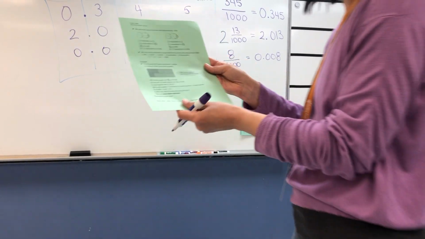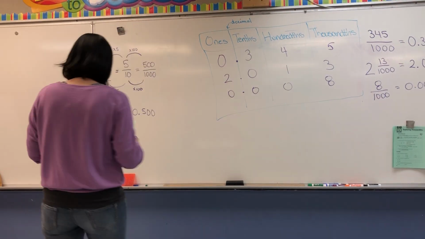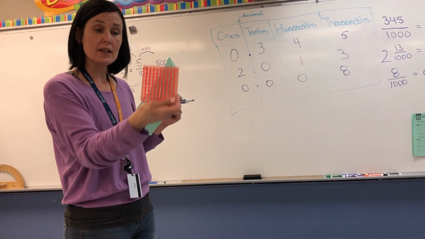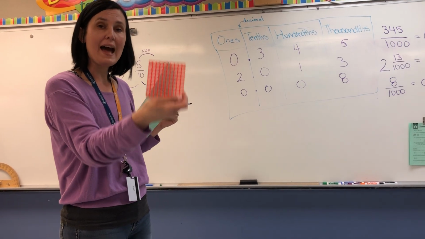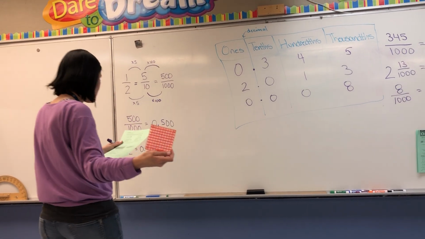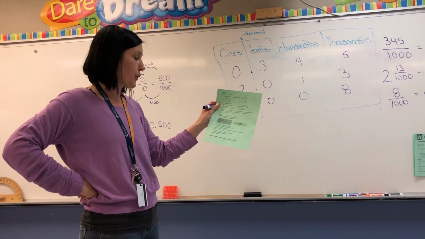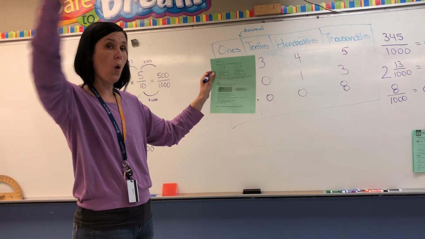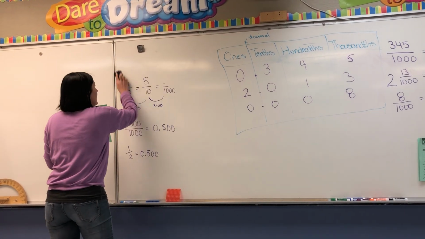So our last example here, we have a thousandths grid. So imagine that we have 10 of these. Each one of these big squares has 100 little squares in it. So if we have 10 of these, we've got 1,000 little squares. And so what your example is asking is, what happens when you've got 300 small squares in the thousandths grid shaded in? So we've got